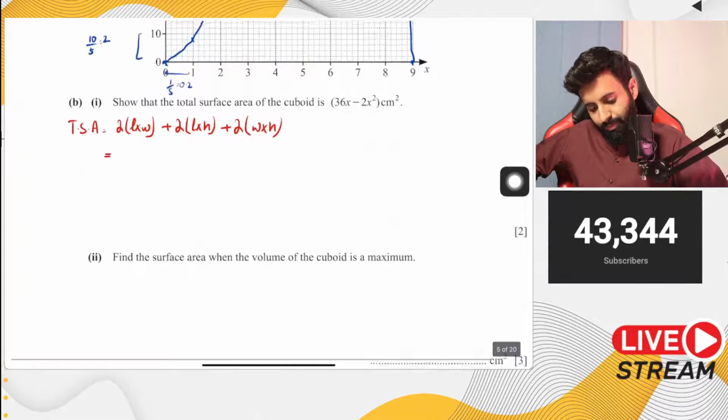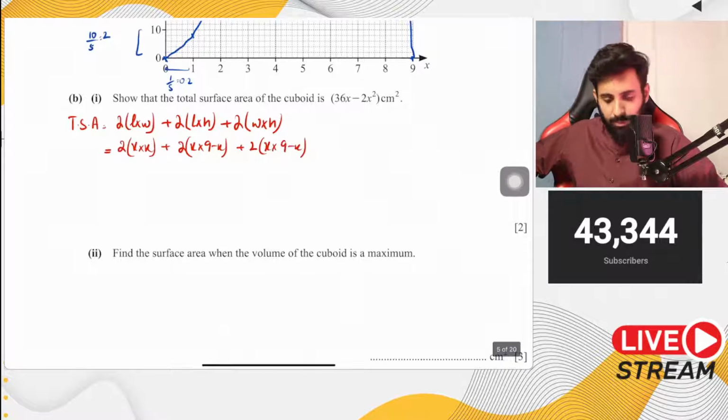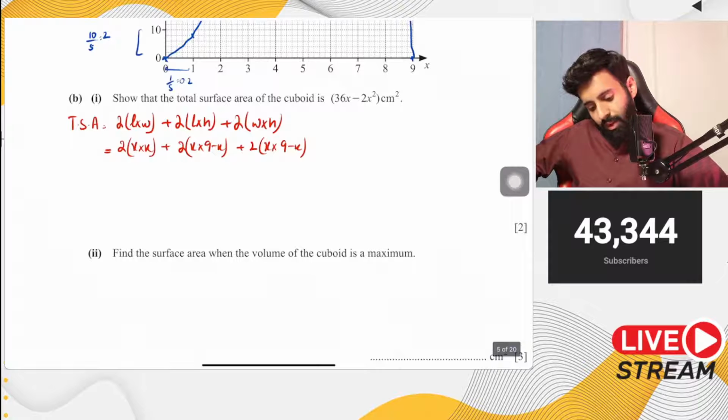So 2 x into x plus 2 x into 9 minus x plus 2 x into 9 minus x again. Now x into x is x squared times 2, plus x into 9 is 9x minus x squared times 2,